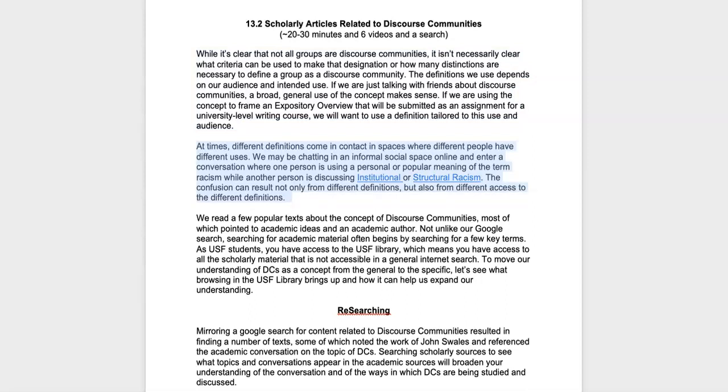We may be chatting in an informal social space online and enter a conversation where one person is using a personal or popular meaning of the term racism, while another person is discussing institutional or structural racism. The confusion can result not only from different definitions, but also from different access to the different definitions. We read a few popular texts about the concept of discourse communities, most of which pointed to academic ideas and